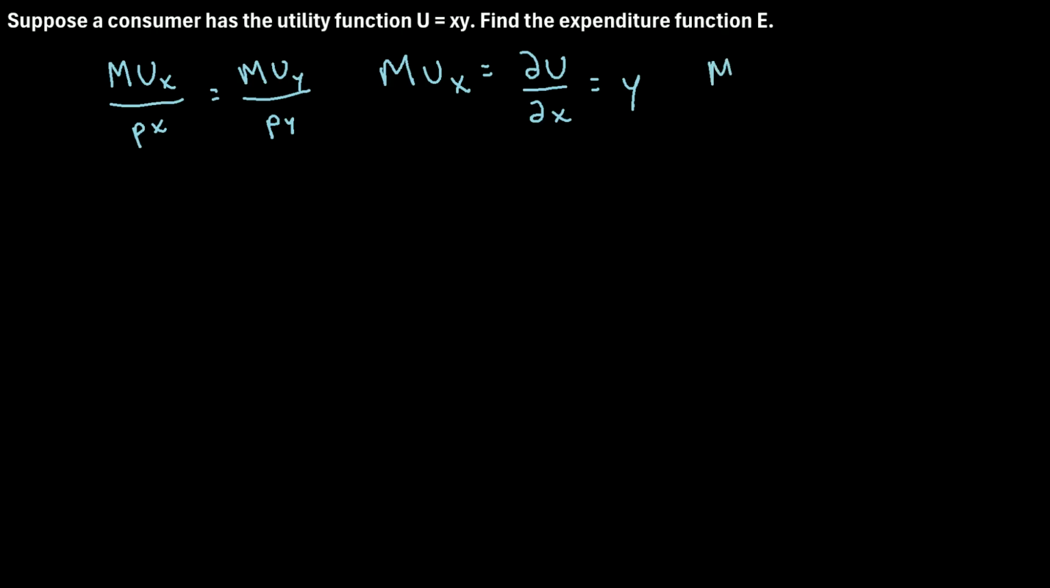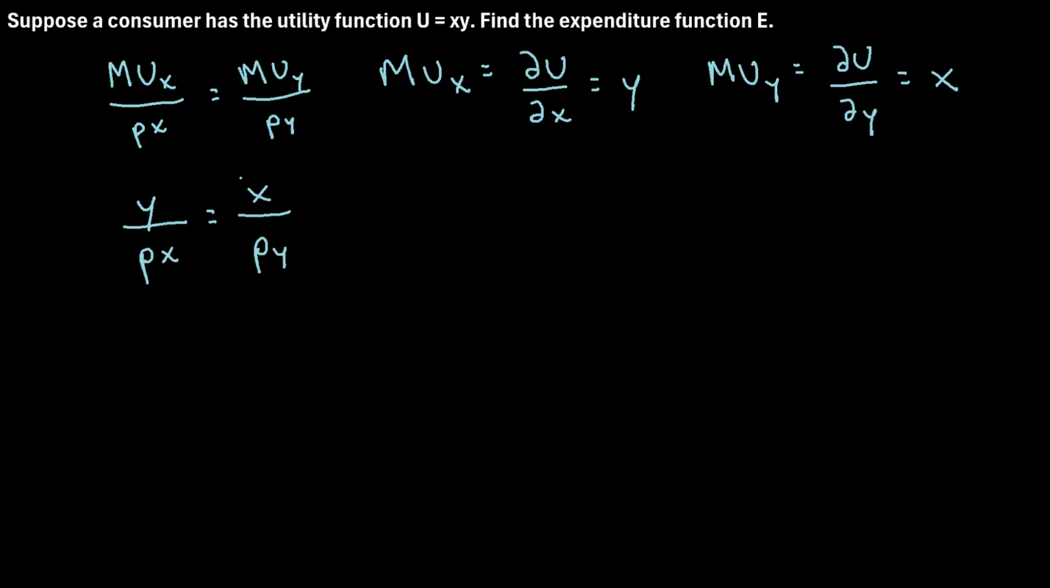And similarly, the marginal utility of y, that's equal to the derivative of the utility function with respect to y. So the derivative of this function with respect to y is just going to be x, because we'll take the derivative of y, which is 1, and we'll just be left with x. That's equal to x. So now we can fill in these values into this equation. So here's what we get. The marginal utility of x, that's y. So we have y divided by the price of x is equal to, we'll have x divided by the price